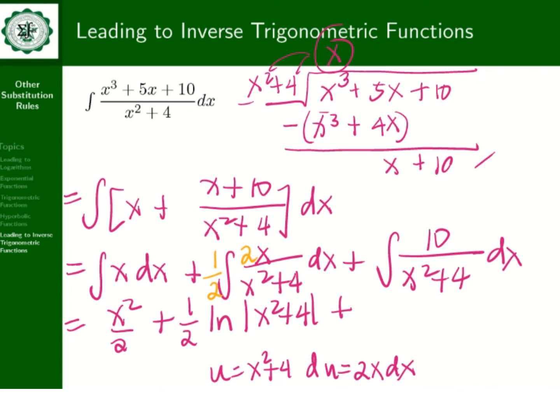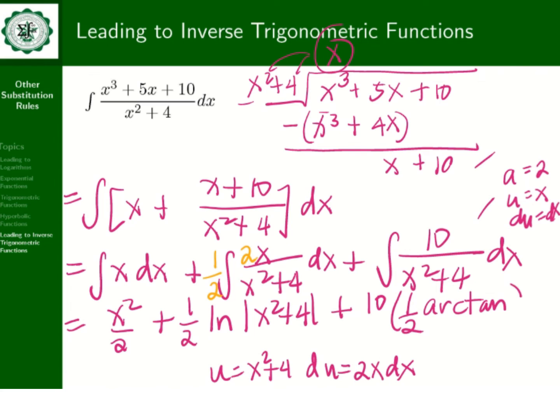So finally, we have the last term. This will be leading to an inverse trigonometric function, specifically arctangent. So we copy the numerator 10, and then the answer is 1/2 or 1 over a. Here a squared is 4, so a is 2, and u squared is x squared, therefore u is x, and du is dx. So our answer now is 1/2 arctangent of u over a, or x over 2,